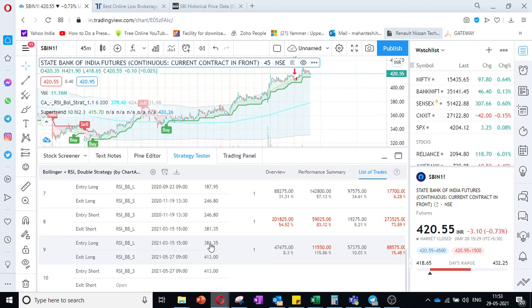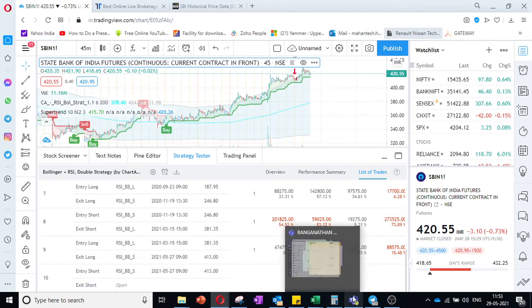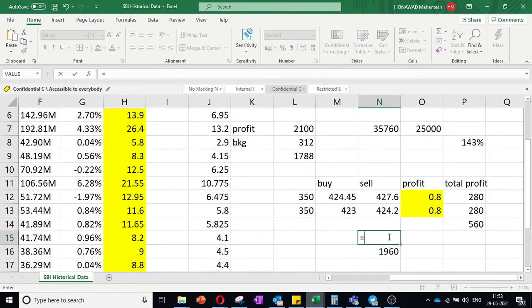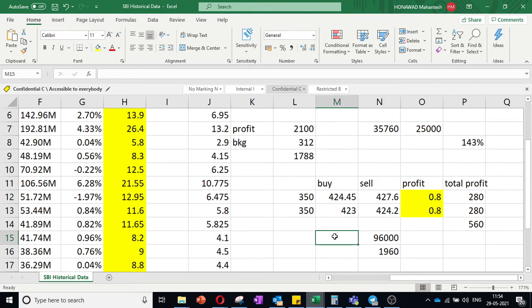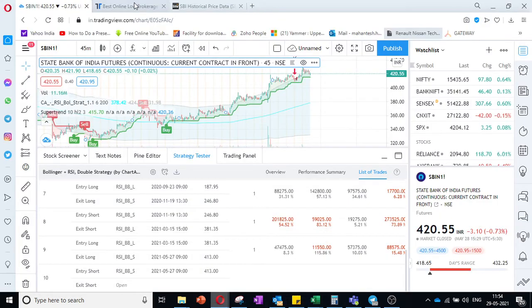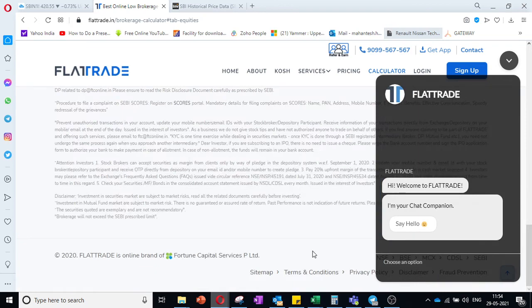Lot size of SBI is 1500, but you can compare the same thing to stock. There will be a 1 or 2 rupee difference. That is not a big thing. So here you can see he made almost 32 rupees. Okay, it is around 3000 into 32. It is 96,000. Okay. The investment will not be 25,000. Margin for taking SBI is big. I'll just show you how much margin is required